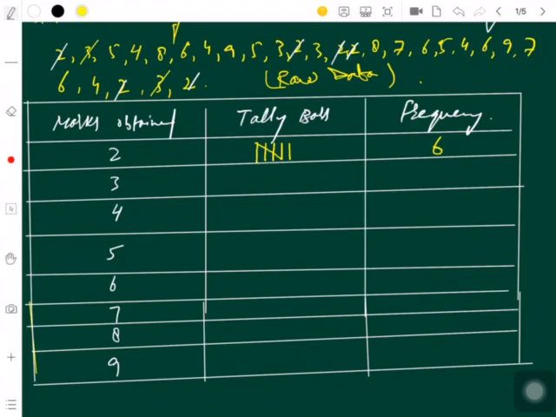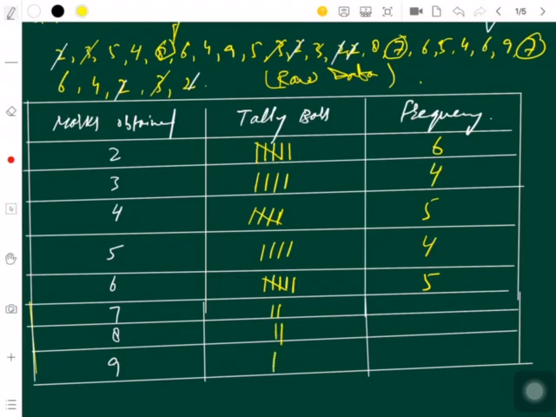3: 1, 2, 3, 4. Okay. 4: 1, 2, 3, 4, 5. 5 is 4 times. 6 is 5 times. 7 is 2 times. 8 is 2 times, and 9 is 2 times. It is 2, 2 and 2. This is your total,